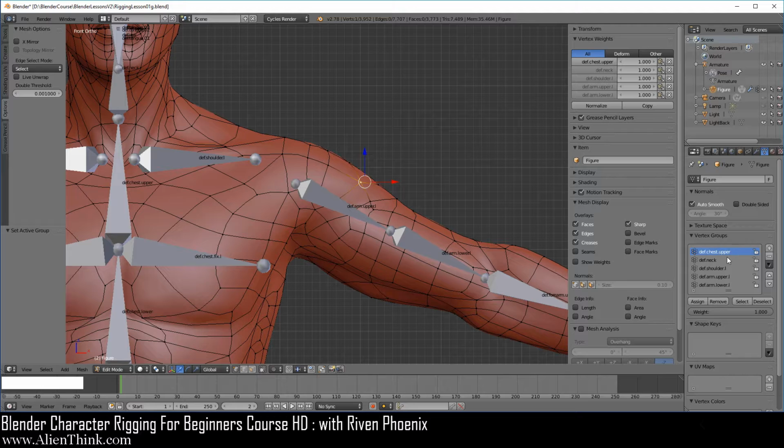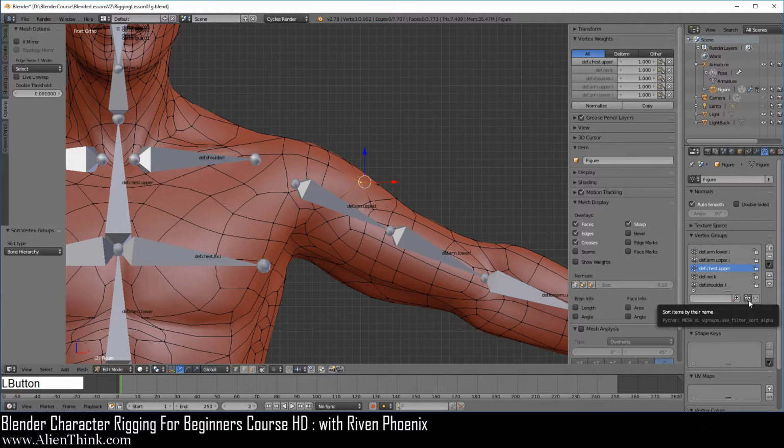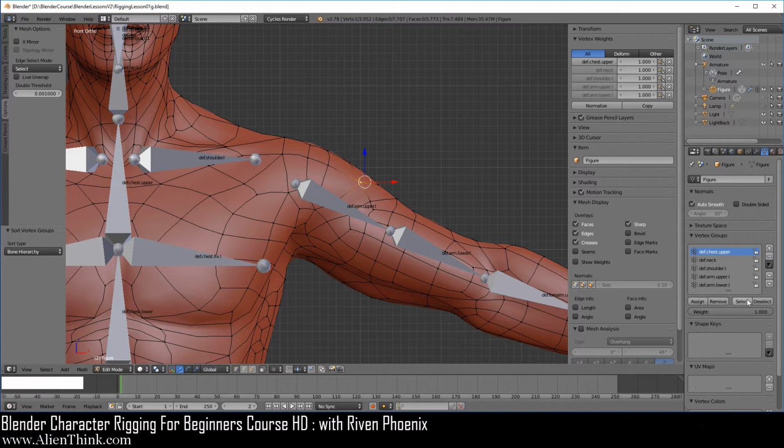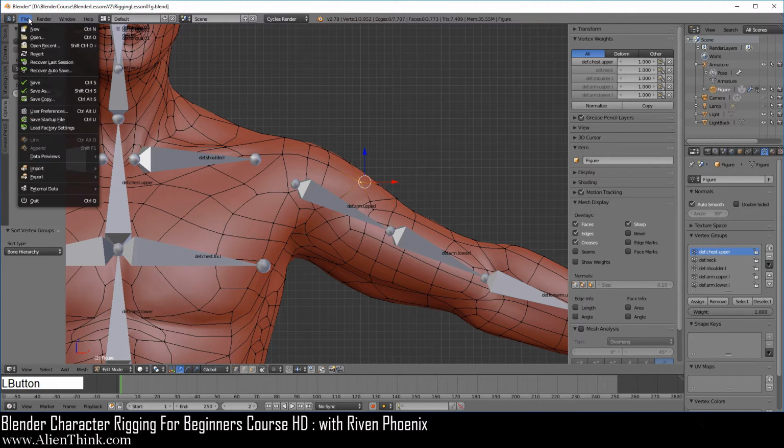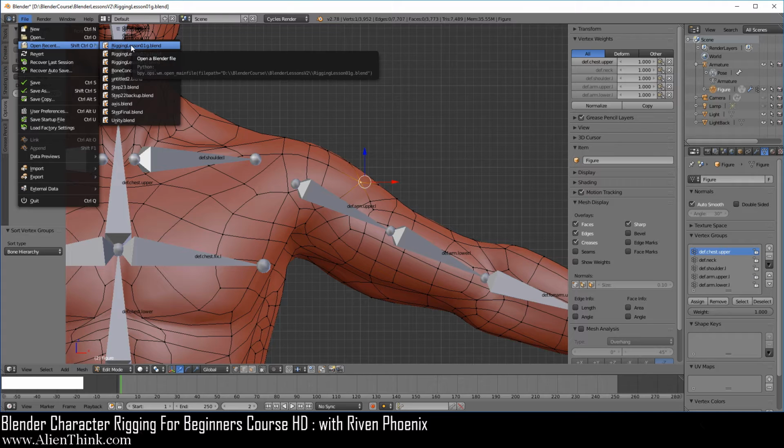Now of course you can sort this by name too, but if you are here on bone hierarchy, if you want to do a quick sort, a temporary sort, just click over here and this is off, this is on, this is inverse. It's pretty straightforward as to how this concept is working. So go ahead and now reload this file, and I'll see you in the next lesson where we'll understand this a lot better.